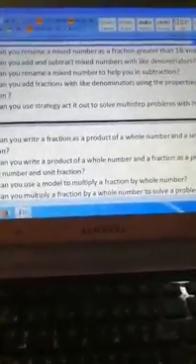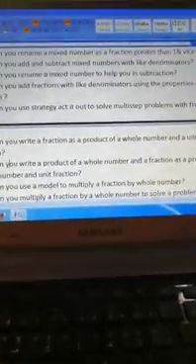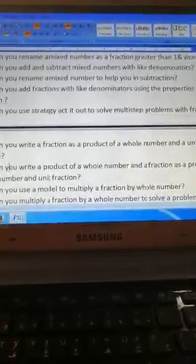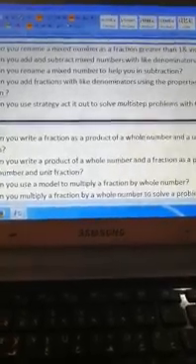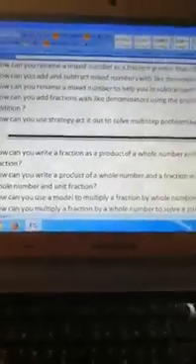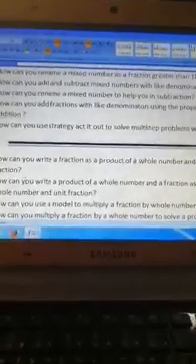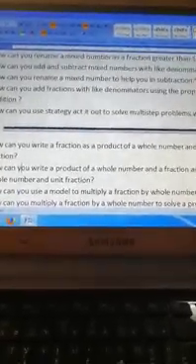Okay, this part is about multiplying fractions. Question number 1, how can you write a fraction as a product of a whole number and unit fraction? Write any fraction and distribute this fraction into a whole number and unit fraction. Question number 2,